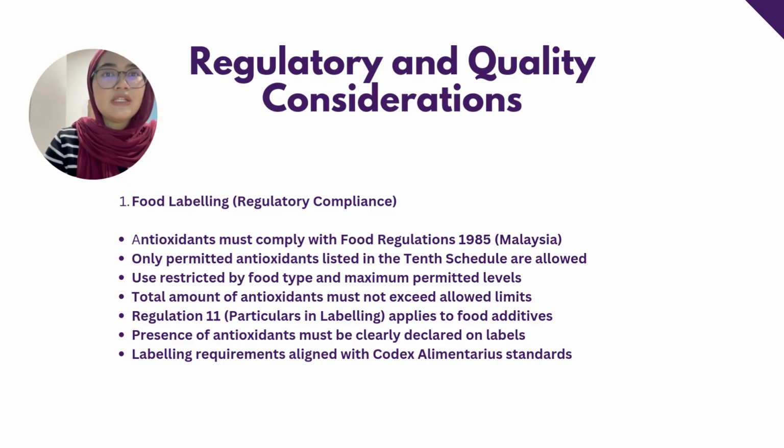According to Regulation 11 under Part 4 on labeling, any food containing additives must clearly state their presence on the product label. This is done using a declaration such as "contains permitted antioxidant." If the product contains more than one ingredient, all ingredients must be listed in descending order by weight. These labeling requirements ensure transparency, allow consumers to make informed choices, and ensure compliance with both Malaysian regulations and also